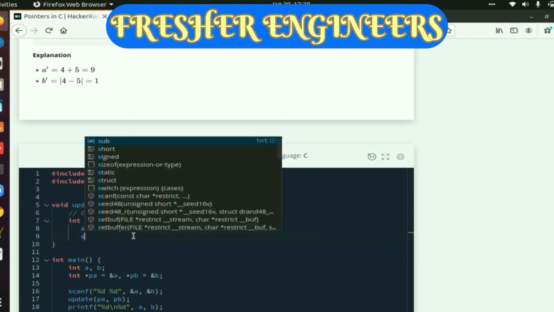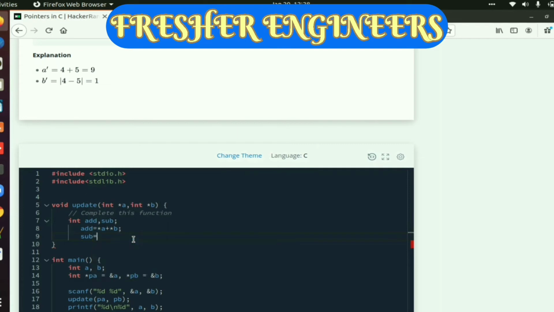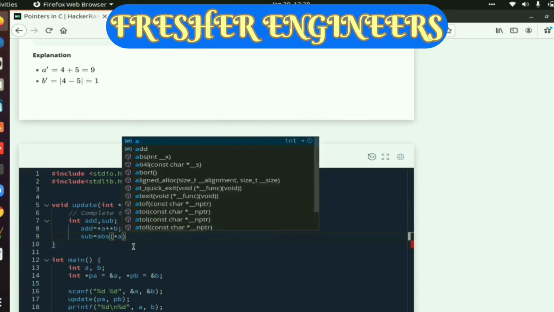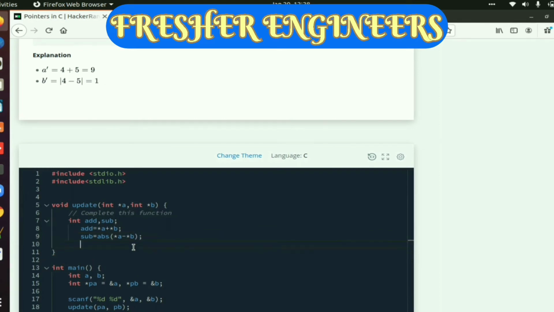Here we have used pointer a and pointer b because the values of a and b are stored at the addresses of a and b, which are provided in the pointers a and b. So we add the values at those addresses as a result.